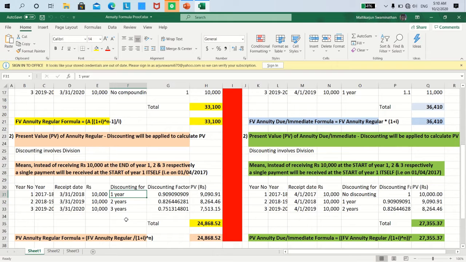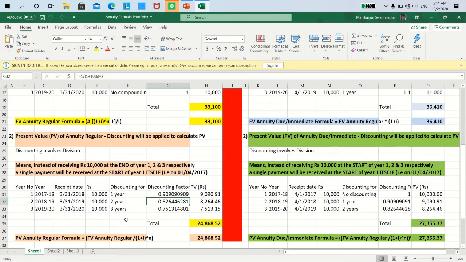Therefore, I should give him the benefit for 1 year, which means that as indicated in G31, the discounting factor, always expressed in decimal as less than 1, will be nothing but 1 divided by 1 plus i power n. n denotes the number of years for which we allow discounting. Okay, so in our example it becomes 1 divided by 1 plus 10% to the power 1. The power n applies only to the denominator. So the number value derived is 0.9090 recurring as seen on your screen.